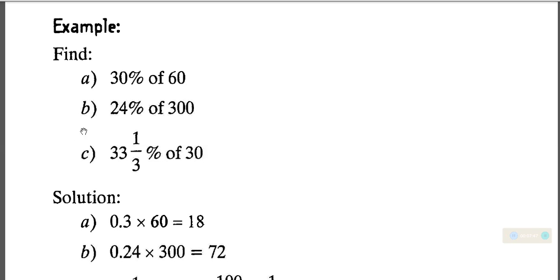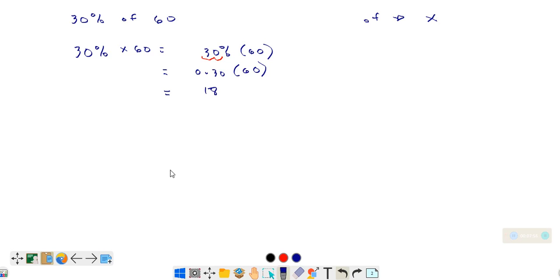Yes, the answer is 18. How about 24% of 300? Same procedure. Move your decimal point 2 units to the left, you have 0.24 times 300, that is 72. But how about this one, the third one, 33 and 1/3